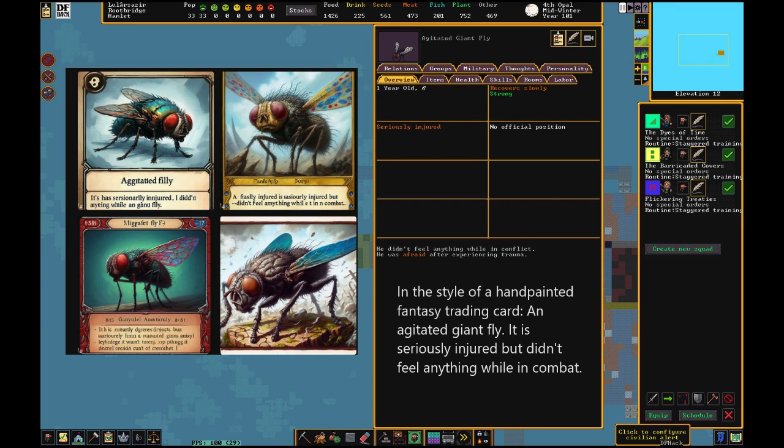I said, in the style of a hand-painted fantasy trading card, an agitated giant fly. It is seriously injured, but didn't feel anything while in combat, which is what the game tells me from this prompt. It actually says conflict, but I said combat. Another little human creative difference, I guess. Turned out cool. It's definitely pulling from Magic the Gathering pretty hard, so it picked up what I was laying down when I said the generic name for Magic the Gathering and described it as a hand-painted fantasy